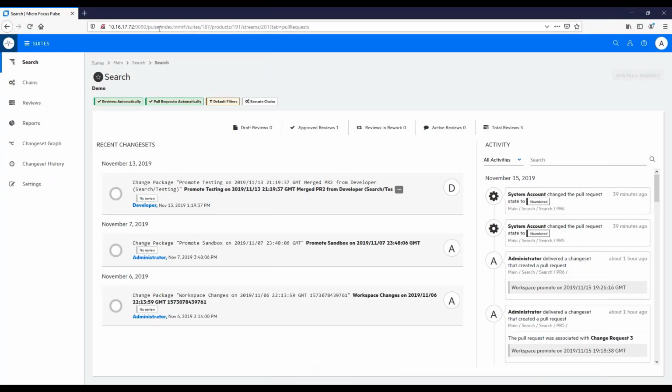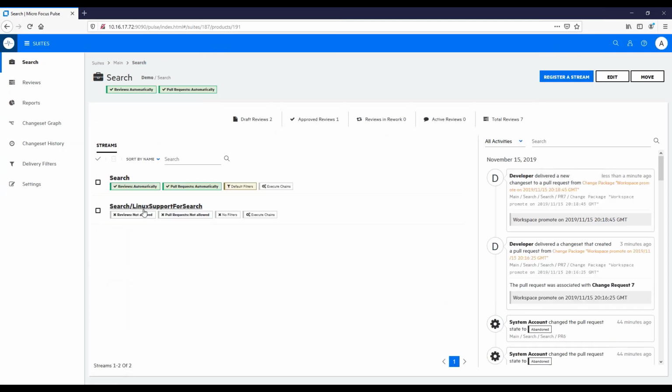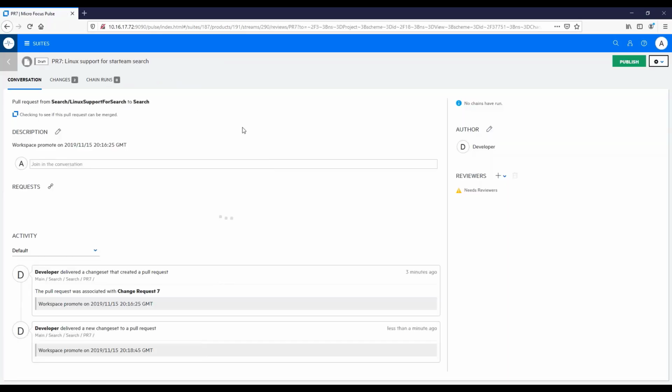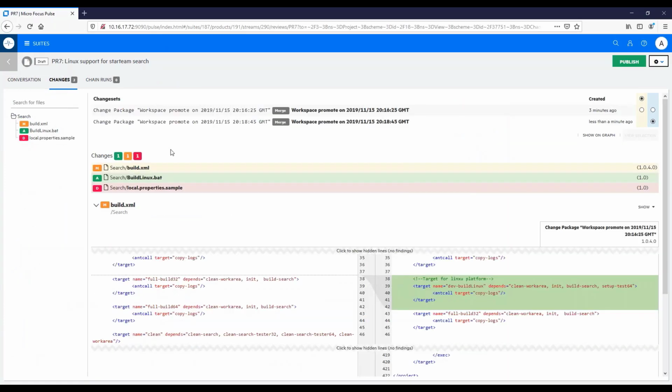Let's go back to our Pulse. Click on the new stream, Linux support for search. You will now see that if you dig into the PR, there are two new changes. One is the deletion of this file, and the previous changes, which are the add and modification of files. Now that we're done with our changes,